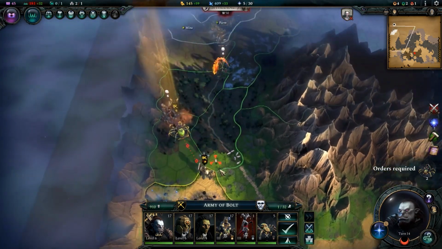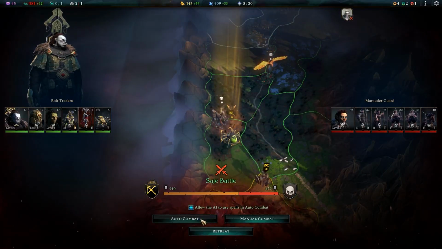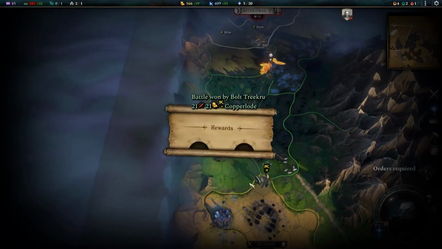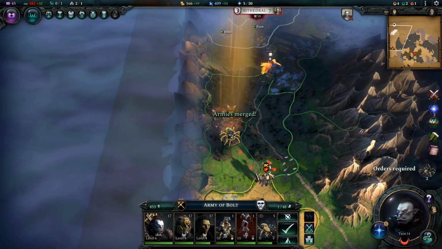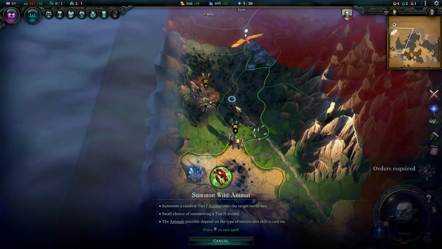Yeah, that's not a weak stack at all. I remember looking at them being like, am I gonna have to manual combat again? Okay, no, we're good. We don't need the shield. In fact, we'll just